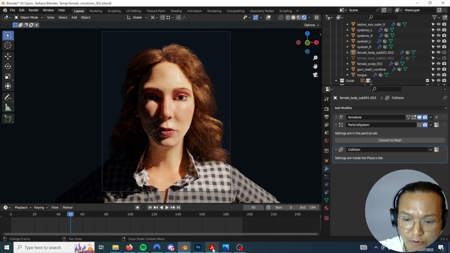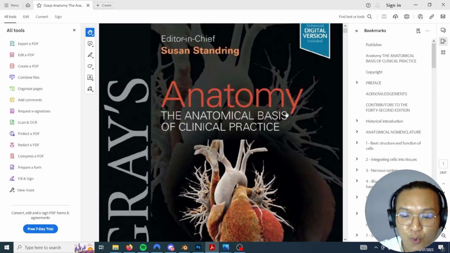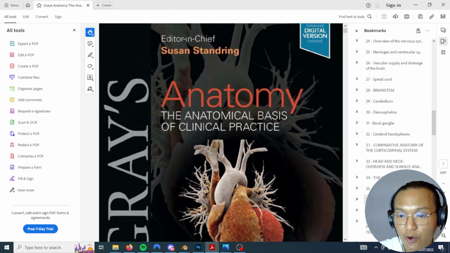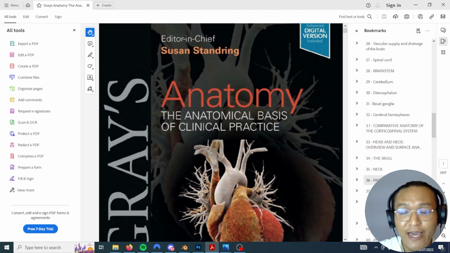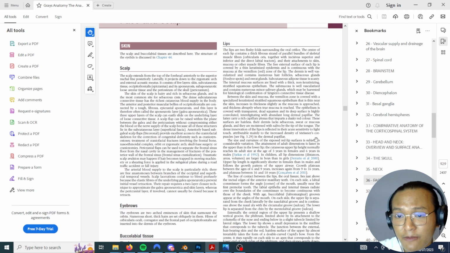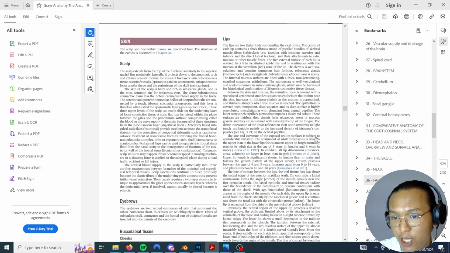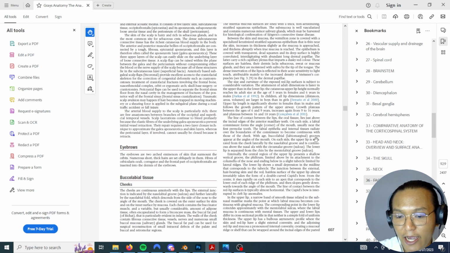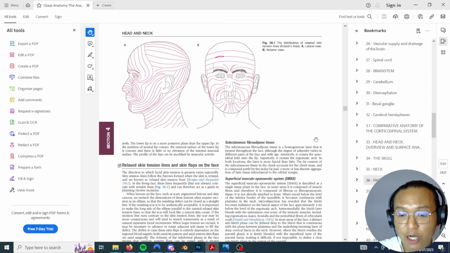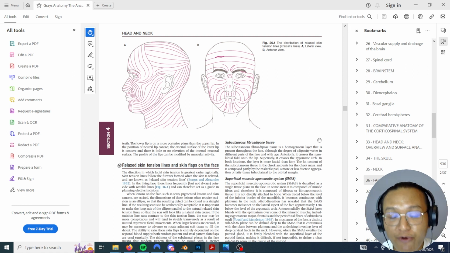So, this book, Gray's Anatomy, when we open it, it is one hell of a thick book. There are over 2,400 pages in it. However, the part that we need right now is actually in chapter 36, and it's titled Face and Scalp. Scalp, I mean. And this is page 607. If you go to the next page, 608, we will find this rather grim looking diagram of a human